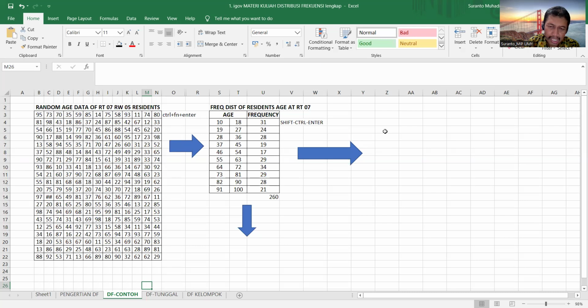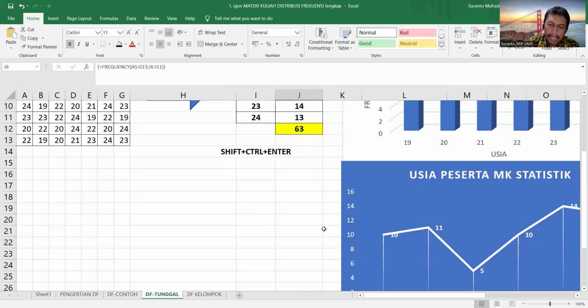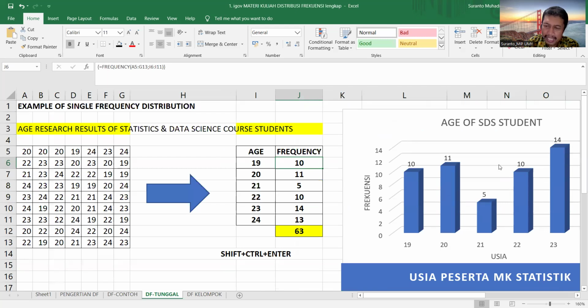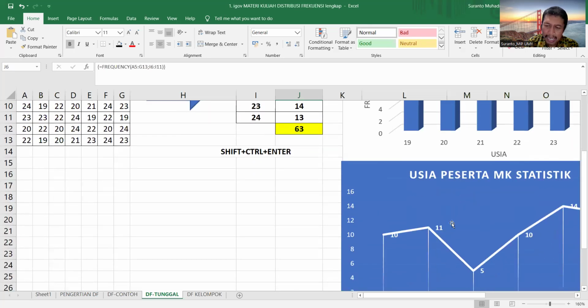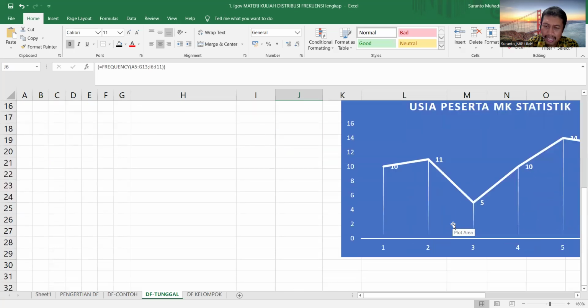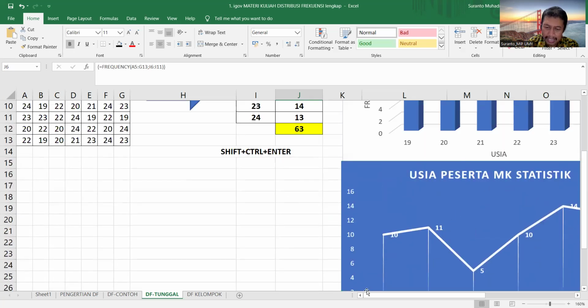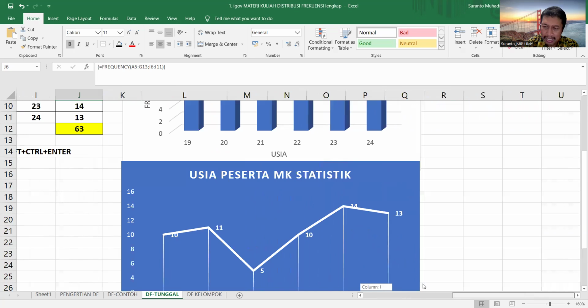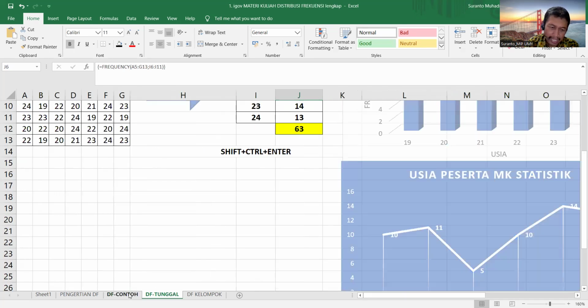There are three types of data display. The first is the histogram or bar chart. The second is the line chart, and the other is the circle chart.